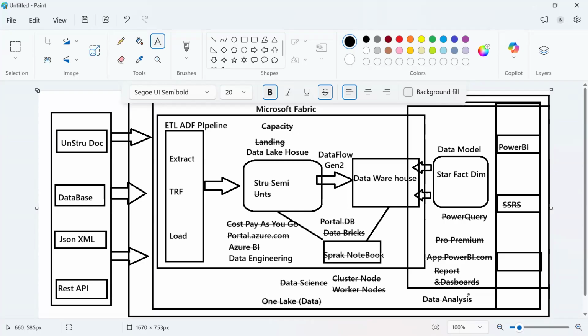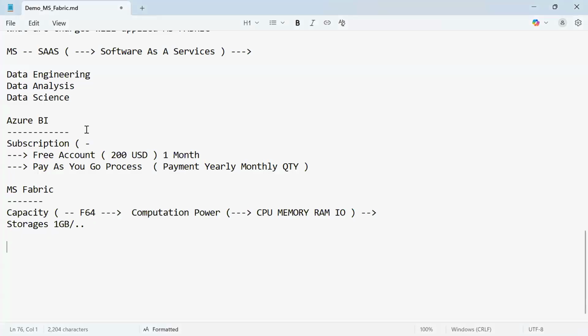So let me quickly show you this process. One is the Azure portal. To go to this portal, as I said, you require portal.azure.com. For Microsoft Fabric, you need to go to